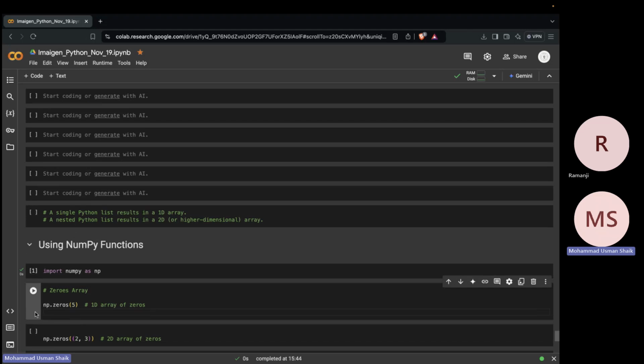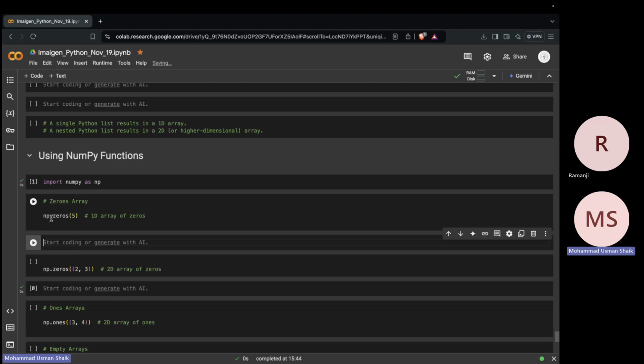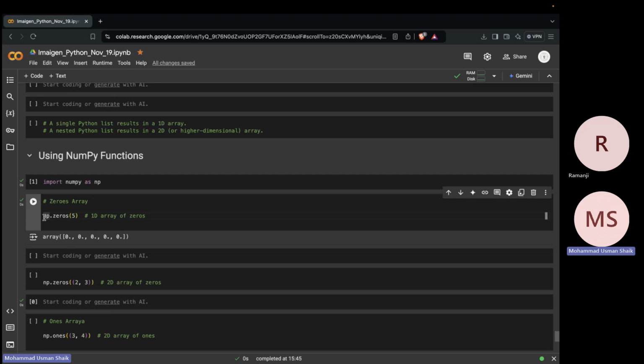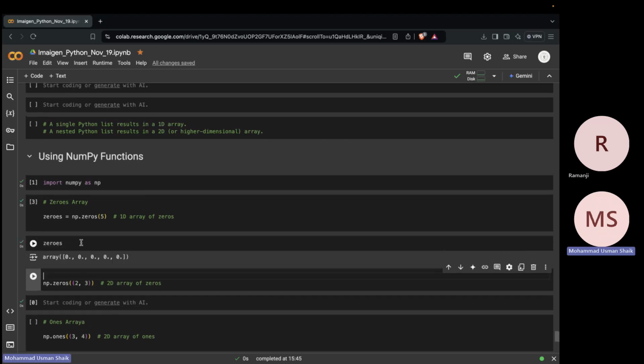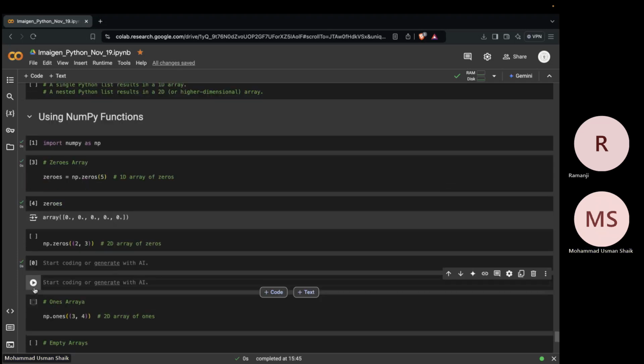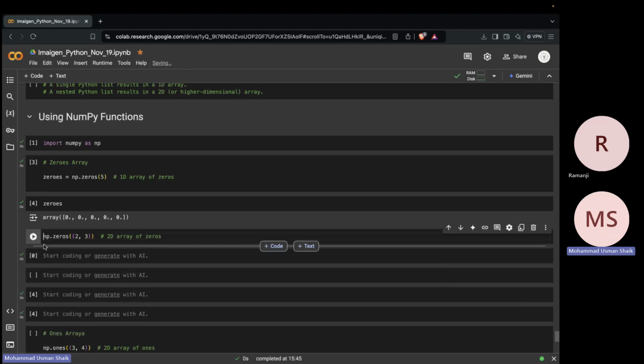Rather than creating 5 zeros through the numpy array, there is a function known as dot zeros, which will help you to create an array of 5 zeros here. If I run this cell, you can see there is an array of 5 zeros which are by default floating point numbers. Now if we want to create a 2D matrix with zeros,